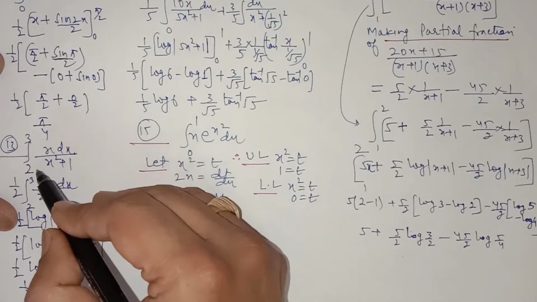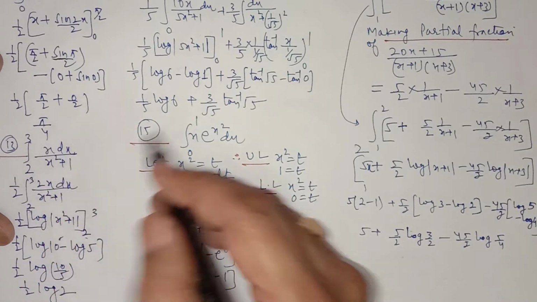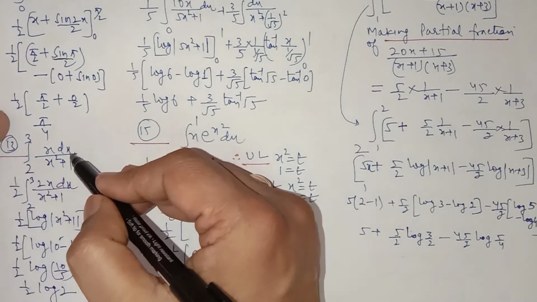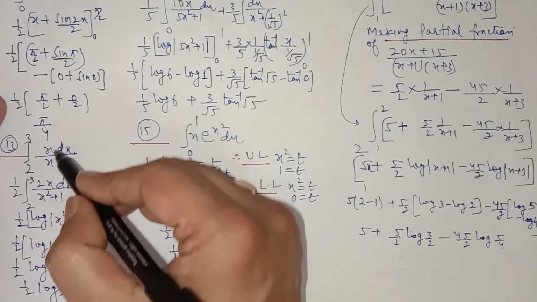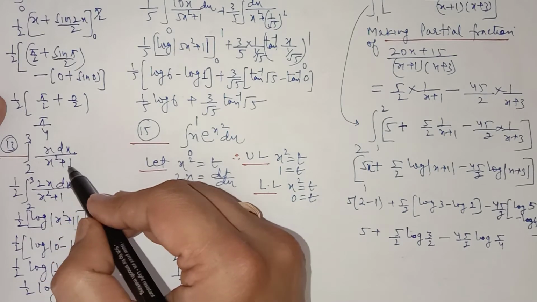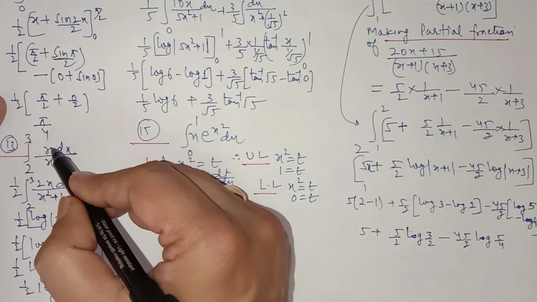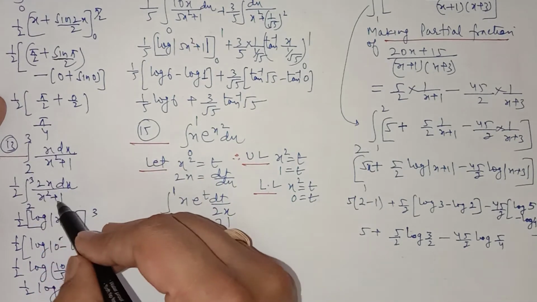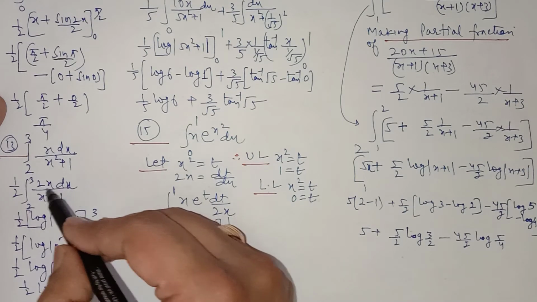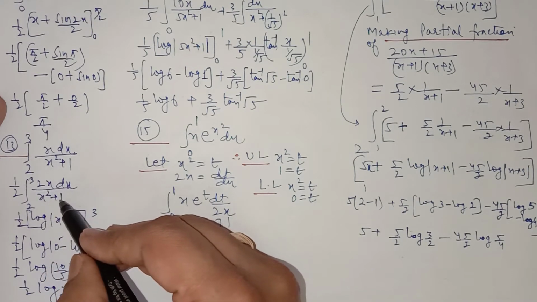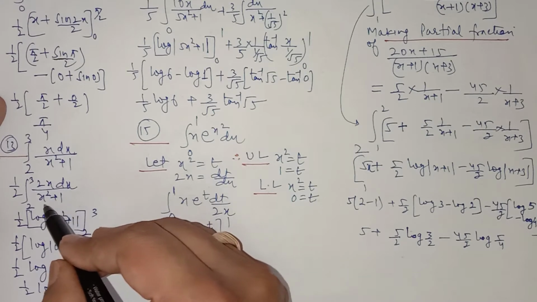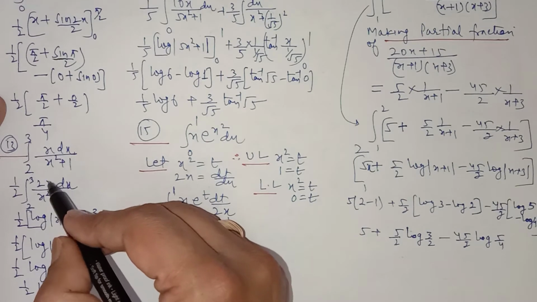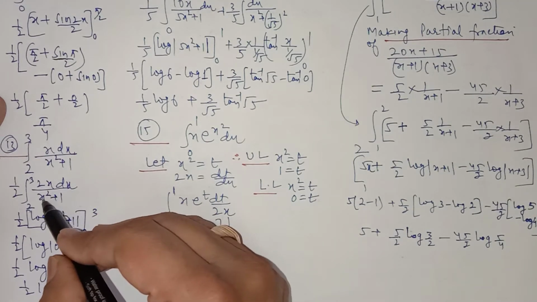Now it is a definite integral from 2 to 3 of x upon x square plus 1, and this is the linear upon quadratic type question in which you have to bring the derivative of the denominator in the numerator. The derivative of the denominator x square plus 1 is 2x, so you need 2x in the numerator. So you can multiply and divide by 2, and you know the integral of 2x upon x square plus 1 is log of x square plus 1, because if you let x square plus 1 equal to t, as you have done in integration by substitution, this 2x will be cancelled out and it will be 1 upon t, whose integration is log t, and t is x square plus 1.